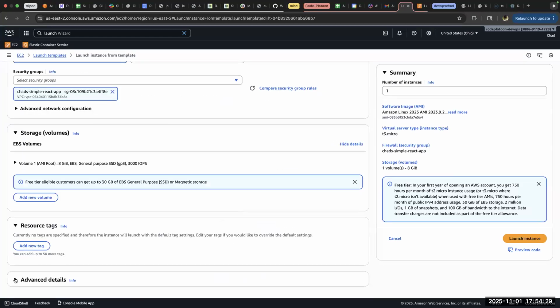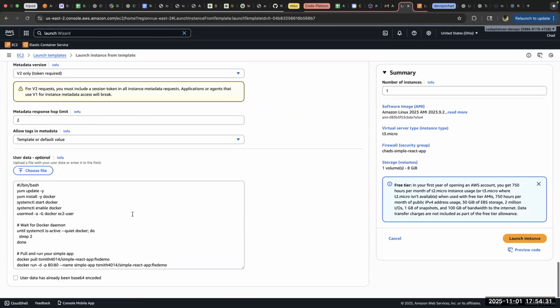And then the little extra magic that we do is we offer this user data here. This script is in the README. The one thing you'll need to do is just make sure that this matches your Docker Hub name here and here, and that you're using the correct image version. All right, when I go to my Docker Hub,